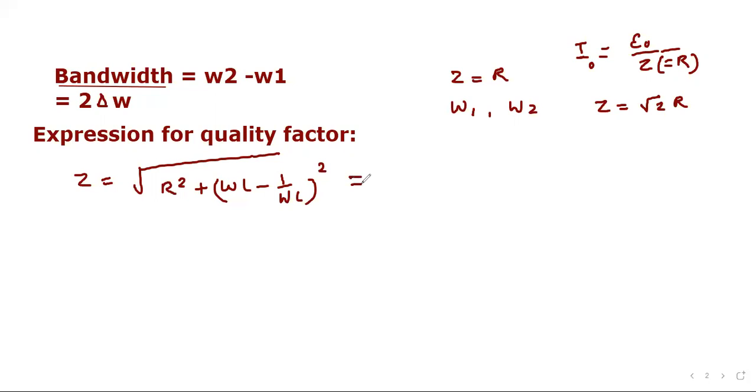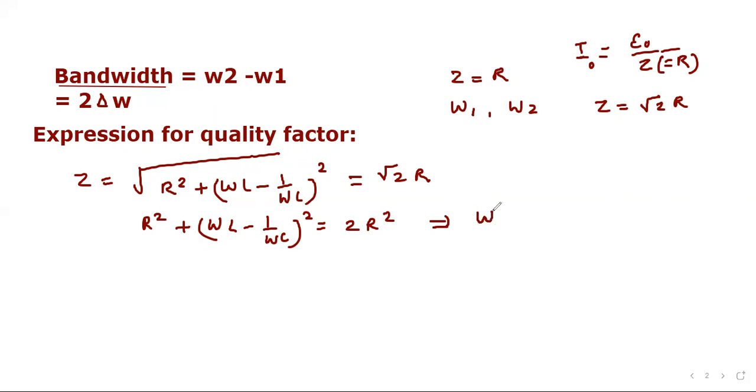And as we have seen, it is equal to root 2 R. So we can square it. So it will become R square plus (omega L minus 1 upon omega C) whole square equal to 2 R square,